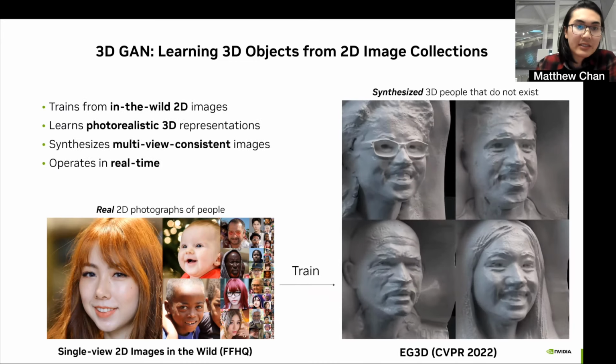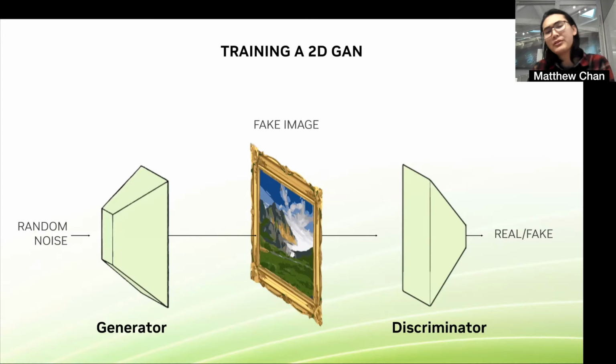Oh, I missed a few slides. Let's skip these. So how do we train this 3D GAN? Let's go back to the basics here. Starting with a 2D GAN, the generator inputs a random noise vector, and then it's going to use that to create a 2D image. The discriminator on the right-hand side then observes that 2D image and provides feedback on the realism and what parts should be modified to improve the realism.